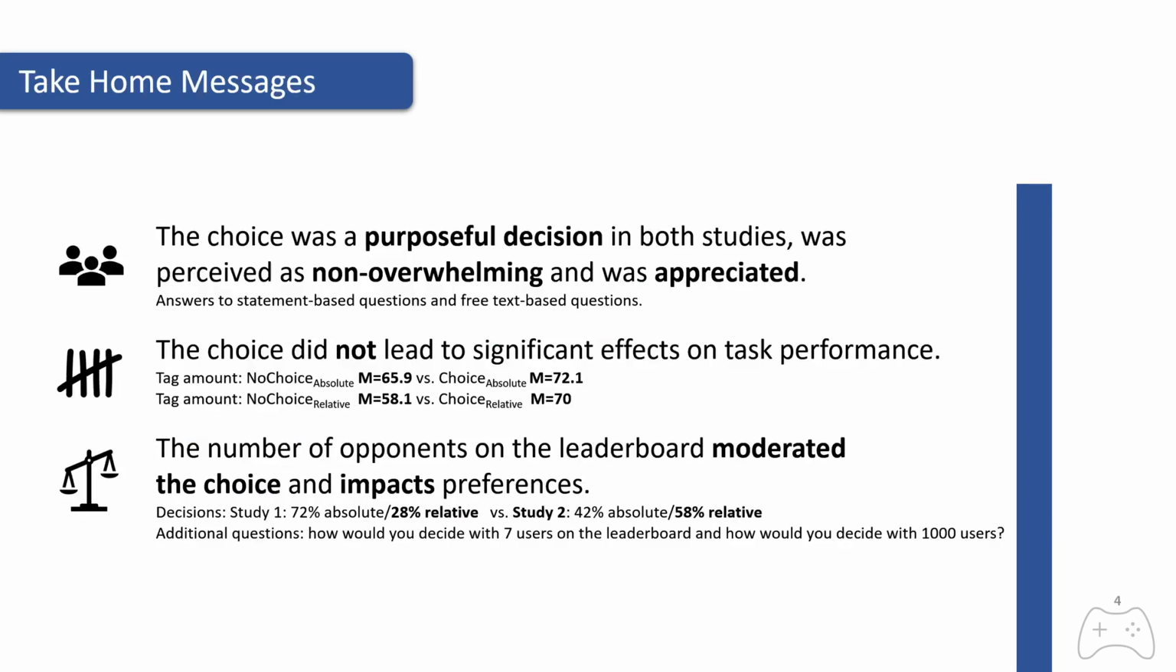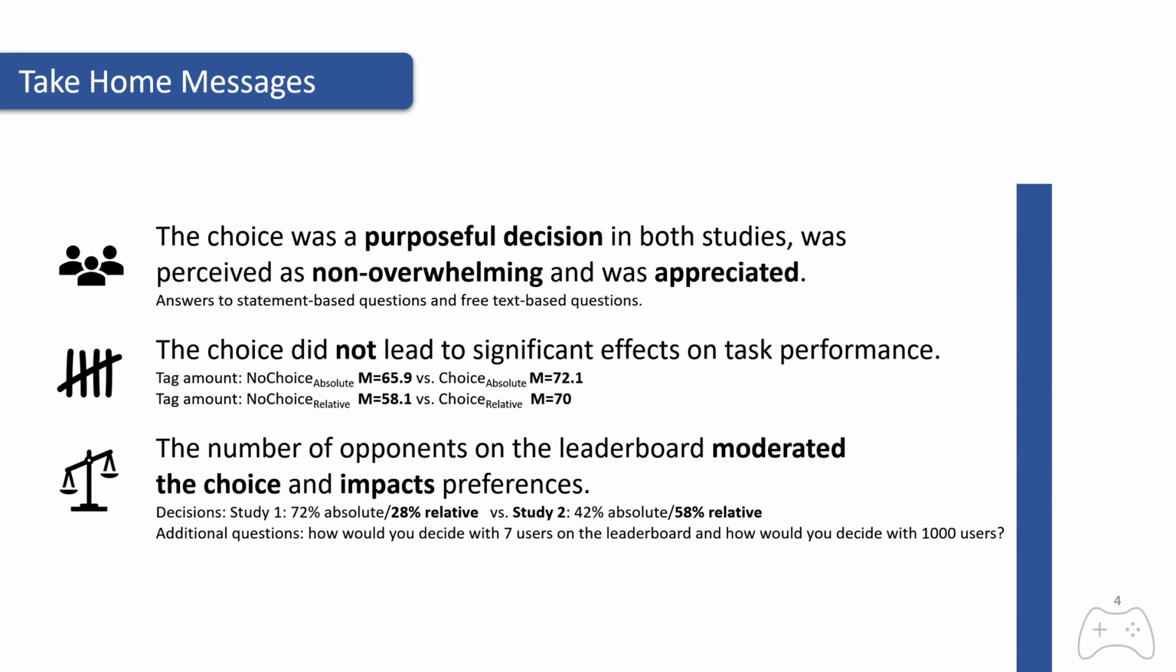The main takeaways from the studies are that participants did not just select a leaderboard randomly, but instead had reasons to pick one over the other. The choice itself was not difficult to make and was appreciated. However, although descriptively the mean and median number of generated tags is higher in the conditions with the choice, this difference was not significant. Finally, we found that the number of opponents in the tutorial has an effect on the decision. In the second study, significantly more participants selected the relative leaderboard,